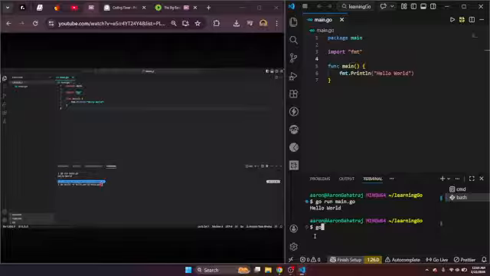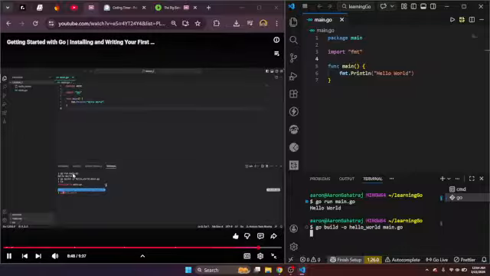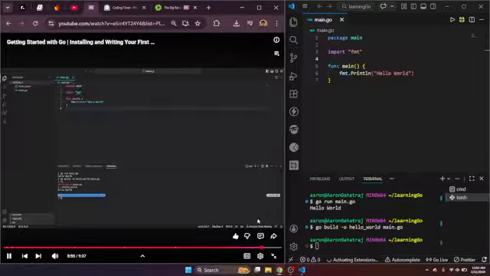-o hello world main.go. -o is to supply the name of the binary. So we want to name our binary hello world, and I want to use the code written in main.go to create that binary. Once we run that, you will see we have an executable, or a binary, called hello world. If you want to run it, you can just type hello world, and here you can see hello world was printed. Now binary again is